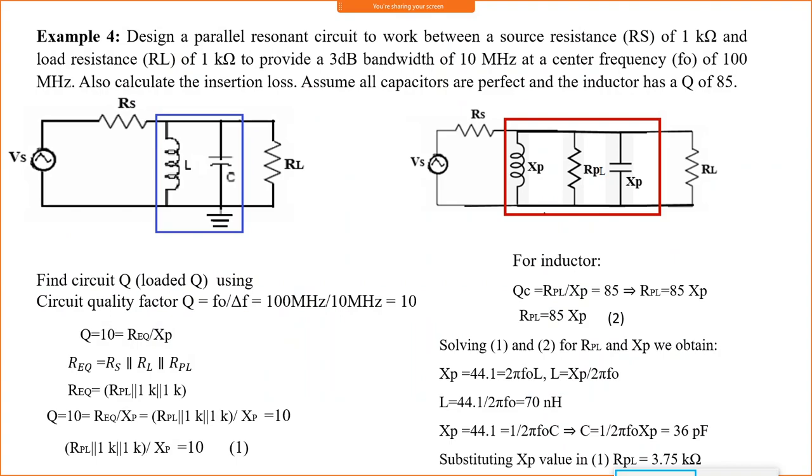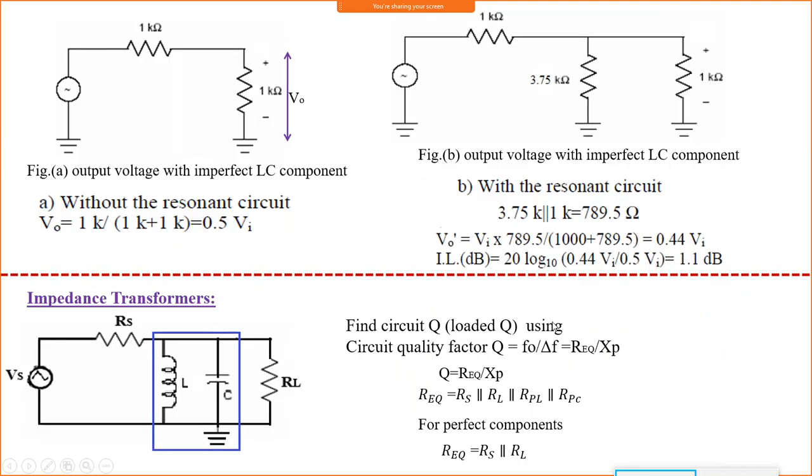But now, with the circuit, it is given that the inductor is imperfect because its quality factor is mentioned, Q of 85. Once a Q value is mentioned, if it is not equal to infinity, then it is an imperfect component. It has a series resistance. You got Q in the previous class, but I think we had not calculated the RS value. So we will see here how to find the RS value.